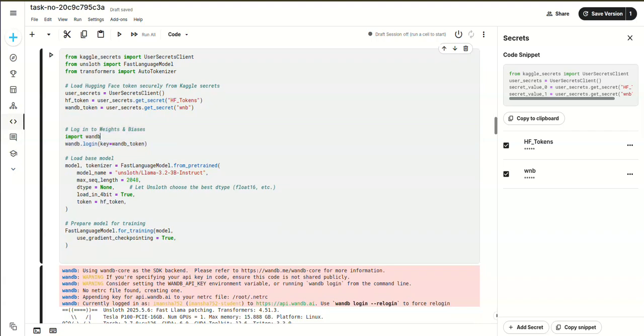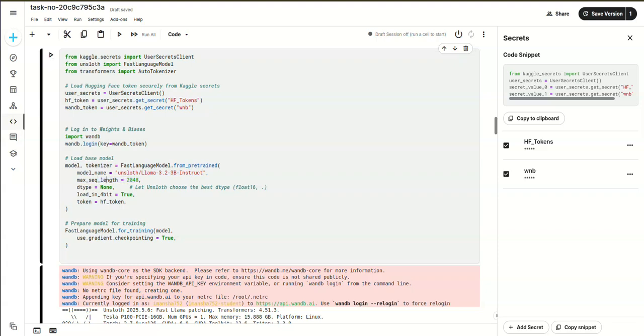We load the base model and tokenizer using Unsloth's from_pretrained method. Let's break this down. Model name points to the Unsloth optimized version of Llama 3.1 3 billion instruct, which supports PEFT. Maximum sequence length is set to 2048 tokens to match the maximum context window of Llama 3 billion.